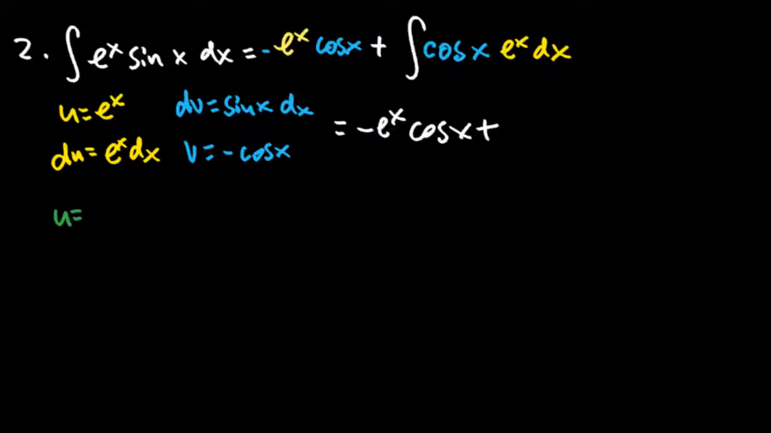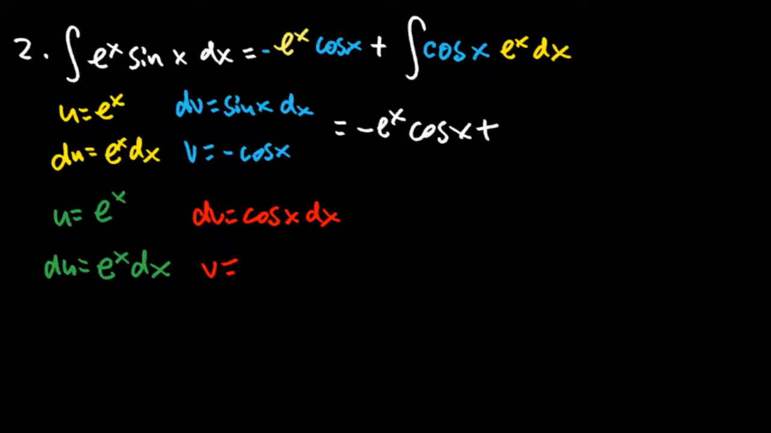So this time I'm gonna let u equal e to the x again. Du equals, well, e to the x dx yet again. And then dv equals cosine of x dx. Integrate that, we get v equals sine of x. Alright, so this is going to be interesting. We get e to the x times sine of x